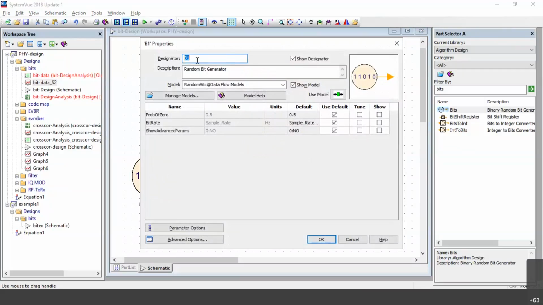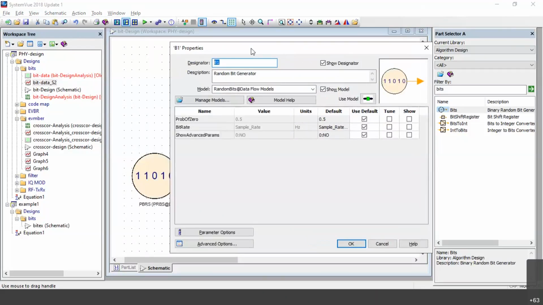Now you can name anything here. You can name what exactly you want. You want a random bit, or a pseudo random bit, or a data flow of bits. So name that particular bit. I want pseudo random bit here. I can take pseudo random bit, or a random bit, with respect to the data flow model. So I mention the name pseudo random bit here. Actually PRBS, I just made a typing mistake here.